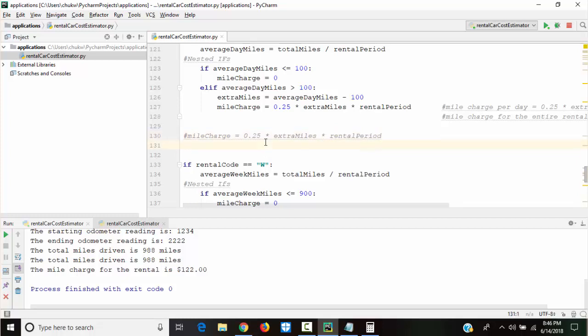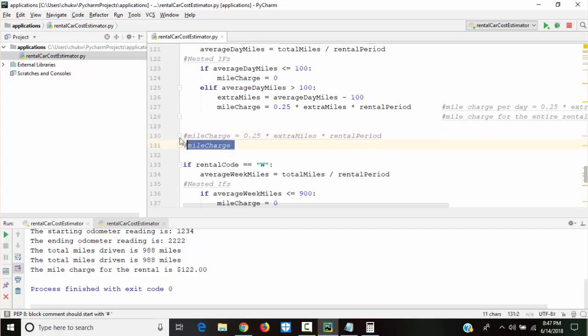Now, you can also write it as mileCharge equal to 0.25 times extraMiles times rental period.